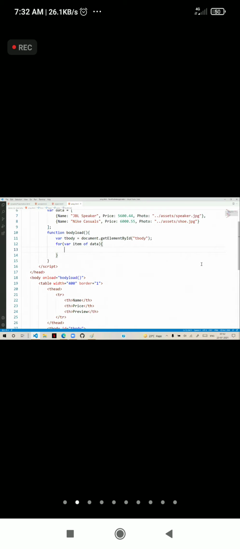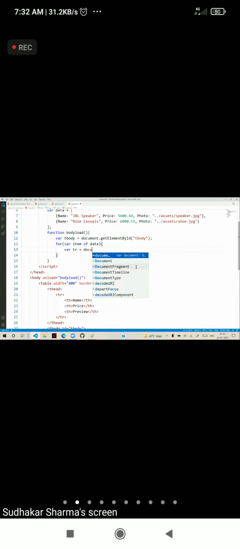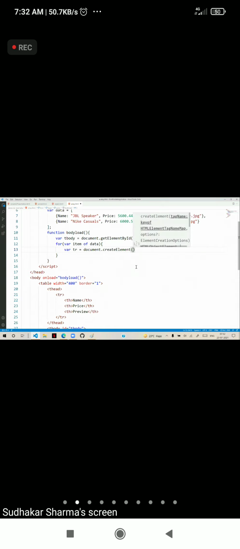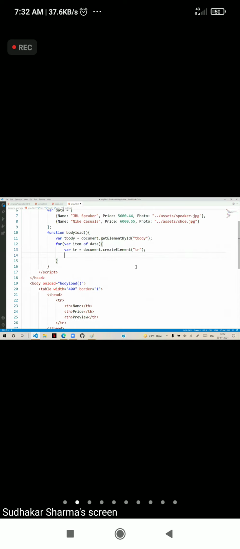So how to create a row? const tr = document.createElement('tr'). The row is created. In that row, we need 3 cells. One cell for displaying name, another cell for price, another cell for photo. So we need tdName.